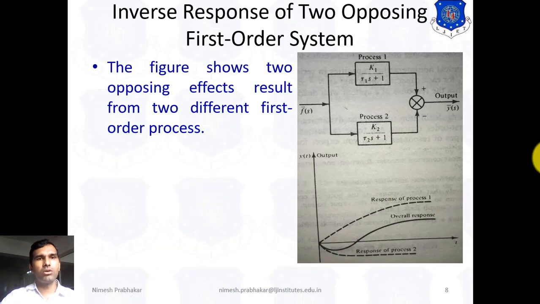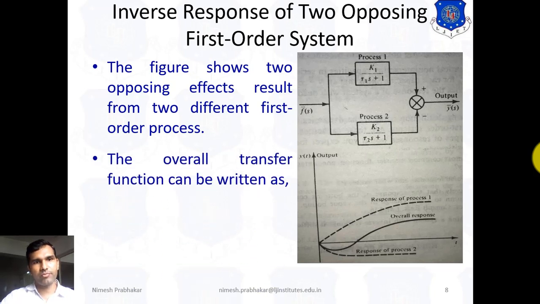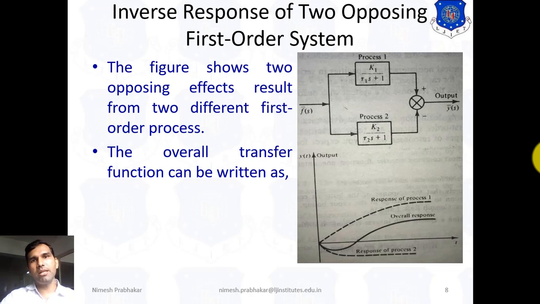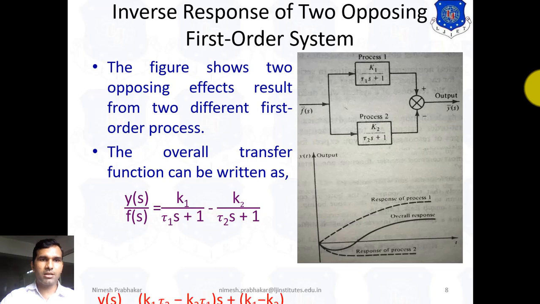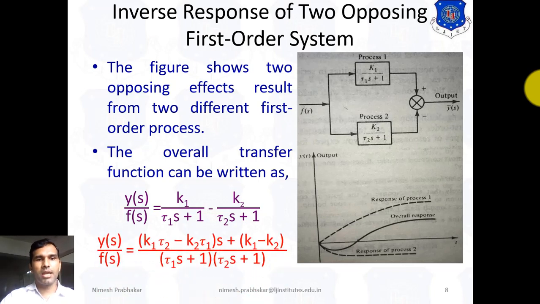So the figure shows two opposing effects resulting from two different first order processes. The overall transfer function can be written as Y(s) upon F(s) equals the summation of these two processes: K1 upon tau 1 s plus 1, and here the minus sign, so that's why it is minus K2 upon tau 2 s plus 1. By simplification we can write this equation as (K1 tau 2 minus K2 tau 1)s plus K1 minus K2, upon (tau 1 s plus 1)(tau 2 s plus 1). So